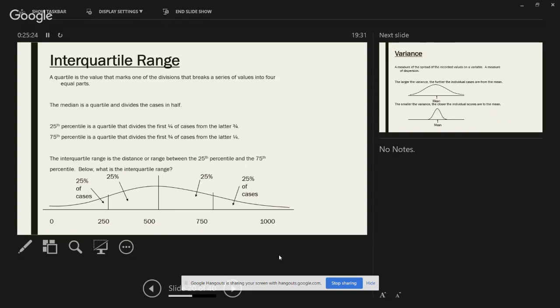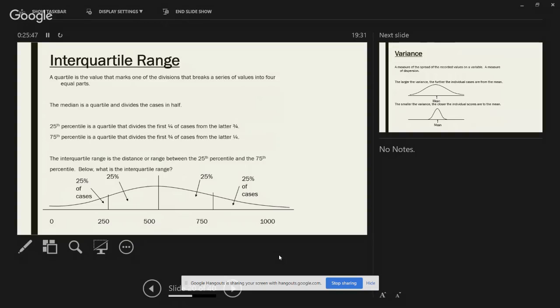It divides the range into 1/4 and the later 3/4. So basically the first 25% is in the first quartile, also known as the 25th percentile, and the remaining is in